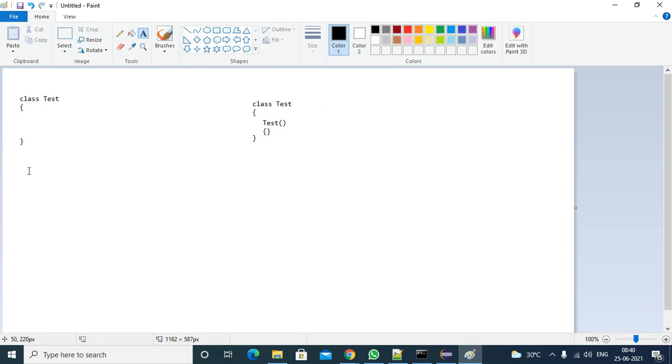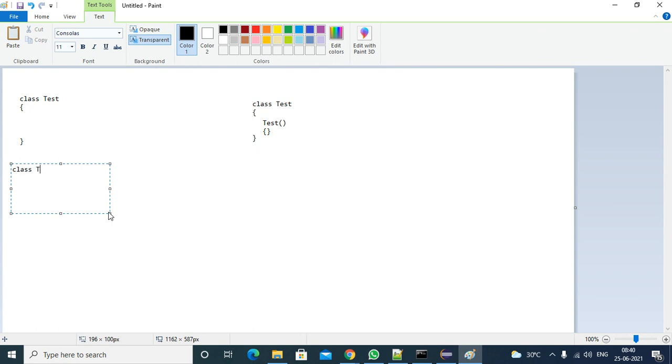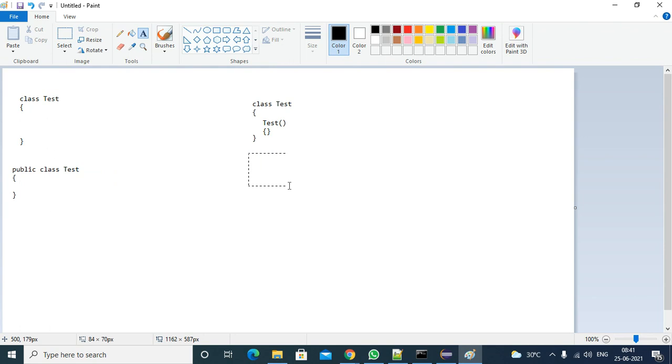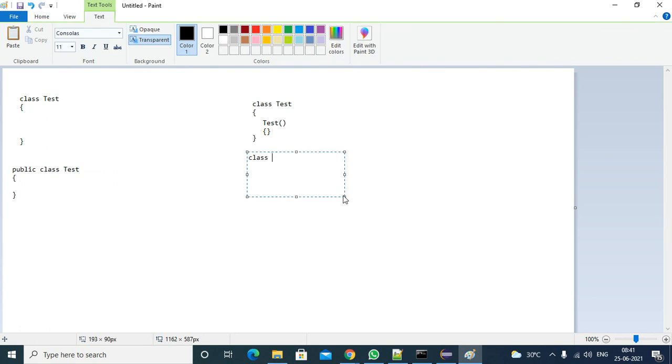In this case, what will happen? Suppose here public is there. Here the compiler will generate the constructor.